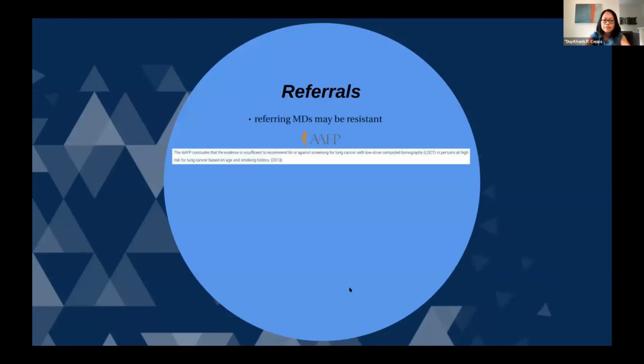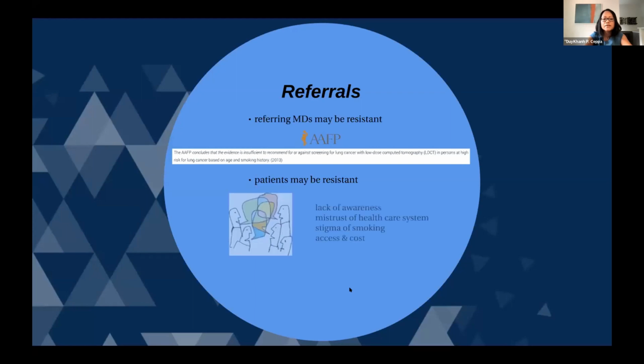As we know, there are referring physicians who may be resistant to lung screening. There are patients who may be resistant to lung screening. We've done focus group studies on patients and their beliefs on lung screening. We know that overall there's a lack of awareness of the guidelines. There's a mistrust of the healthcare system. There are patients who are concerned because of the stigma of smoking, and of course there are access and cost